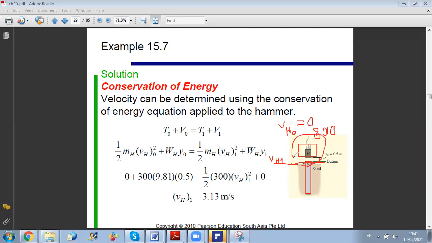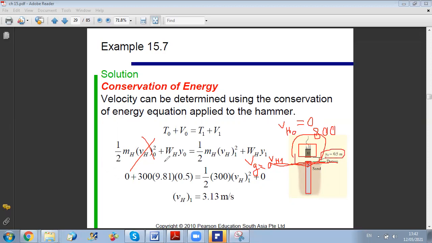I can apply conservation of mechanical energy as we are used to do. I mean, we can use work and energy, both, right. So we can say that by applying the principle of mechanical energy between 0 and 1, at the initial state starting from rest, so VH0 is 0, we have the gravitational potential. If we take a reference line at the pile, then at the pile I have V gravitational equal to 0. So I can calculate V gravitational of the hammer at state 1 by knowing the altitude. The altitude is 0.5 meters.